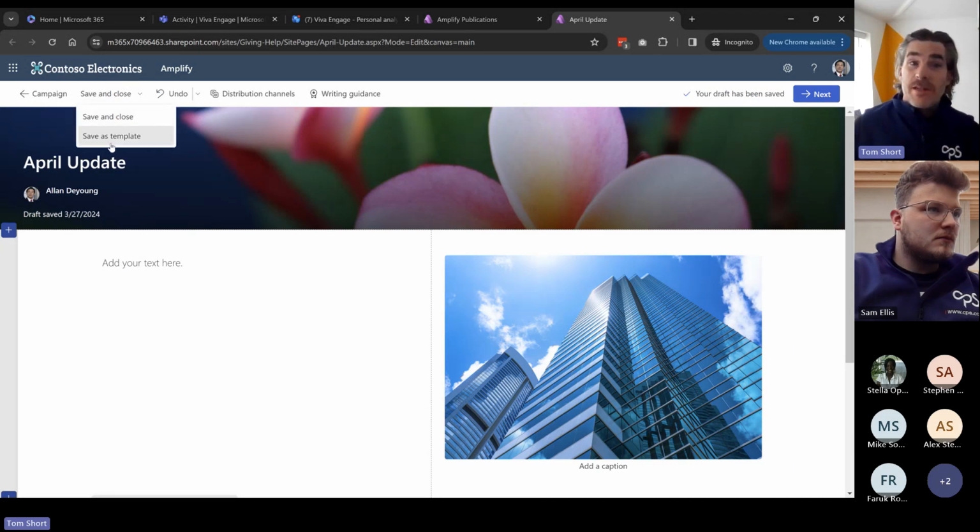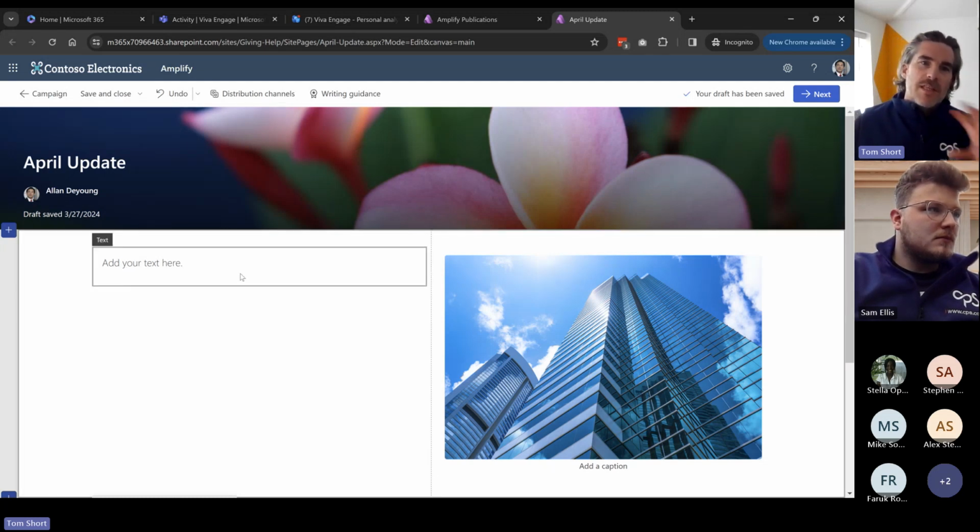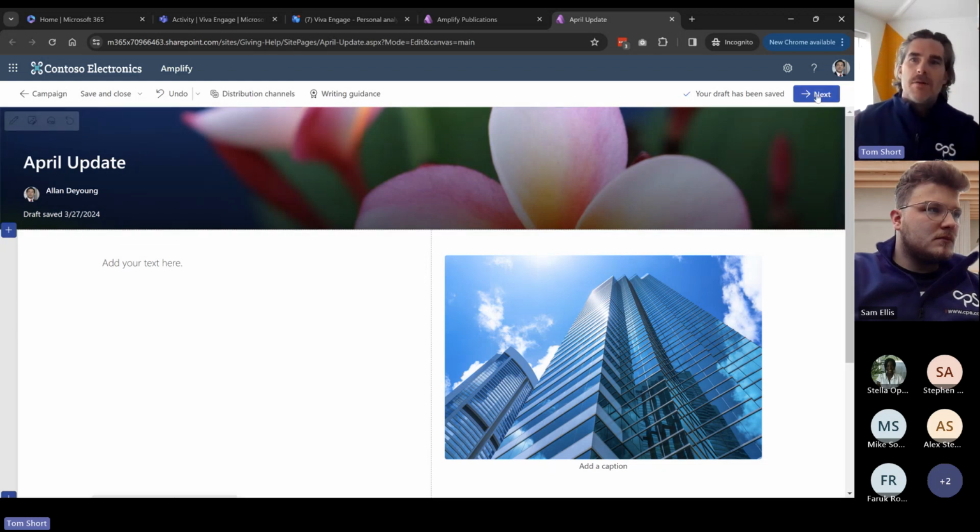Once you've worked with it, you've got the ability to save and close it, and you've also got the ability to template the page. So if you get a really nice design you want to do, you can template it and share it out. Obviously there'll be a bit of a process here to add more content and give you a nice rich page. But just to speed through the process, the next thing we're going to do is see what it looks like on different